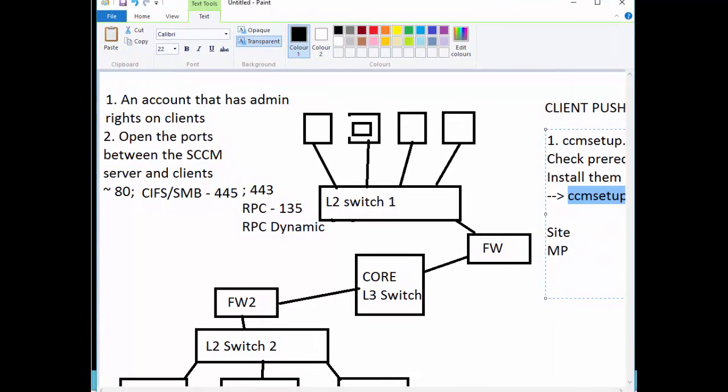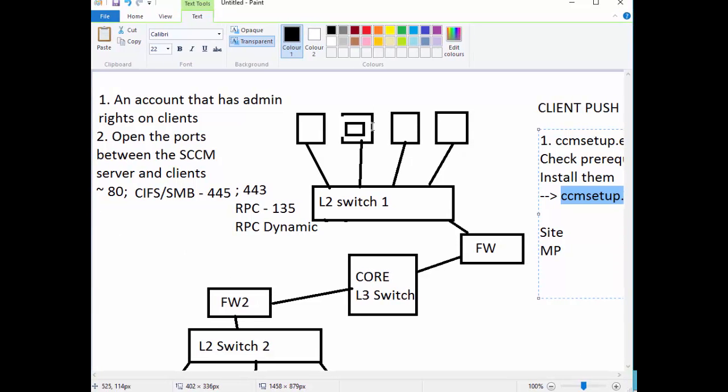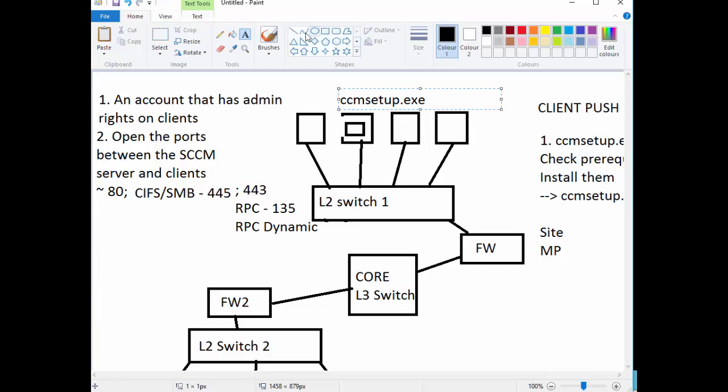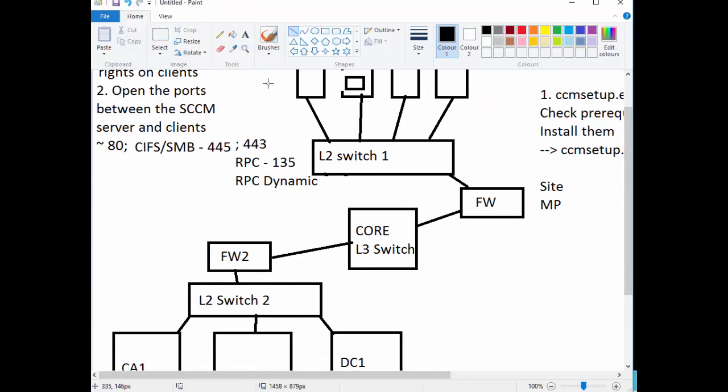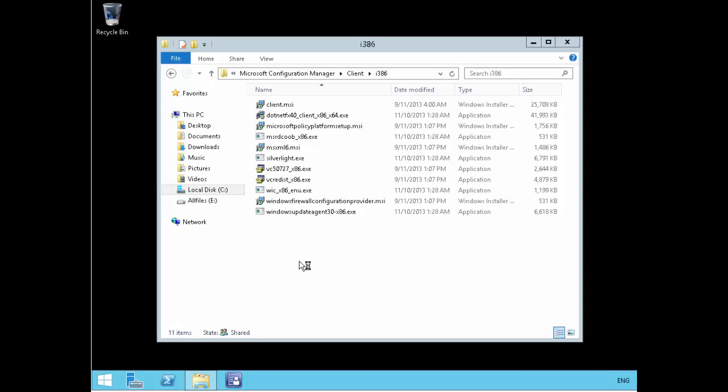Okay, so if I run ccm setup.exe on this guy here, which is what this client runs, what happens is this client will actually go talk to the domain controller and say, hey, I've run ccm setup.exe. Is there any installation parameters for me that you want me to run? And installation parameters means things like, if I go bring up the client on this machine,